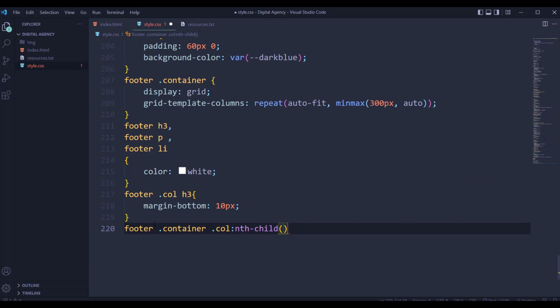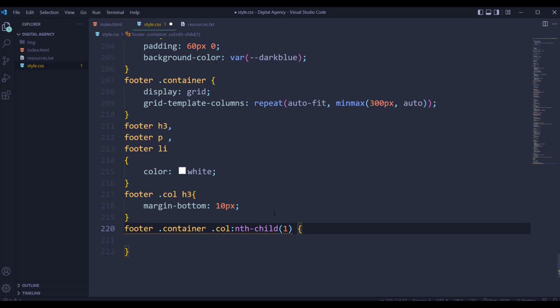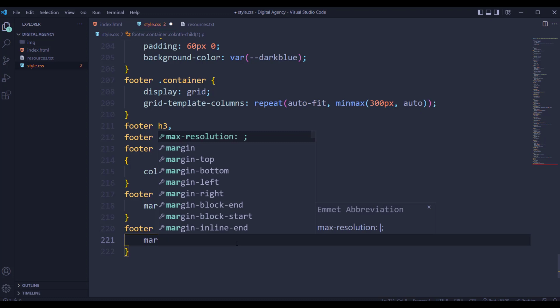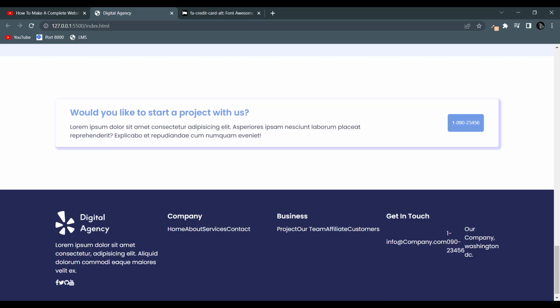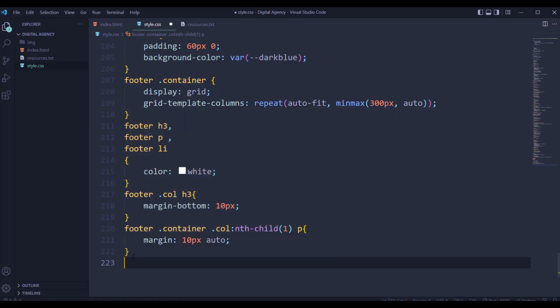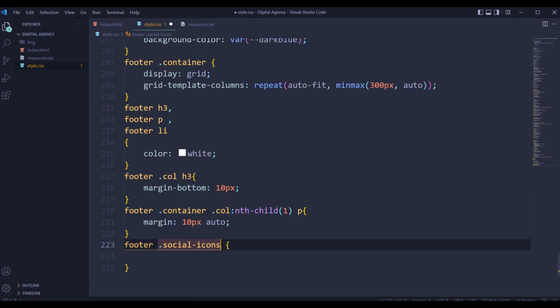This will be 1, which is that first column. So for that, inside that nth child, which is this first column, I will target the logo or the p tag. P tag will be nice. For that I will add margin top and bottom 10 pixels and left and right auto, so that we have this beautiful margin. And after that, inside our footer we have social icons, and inside that social icons